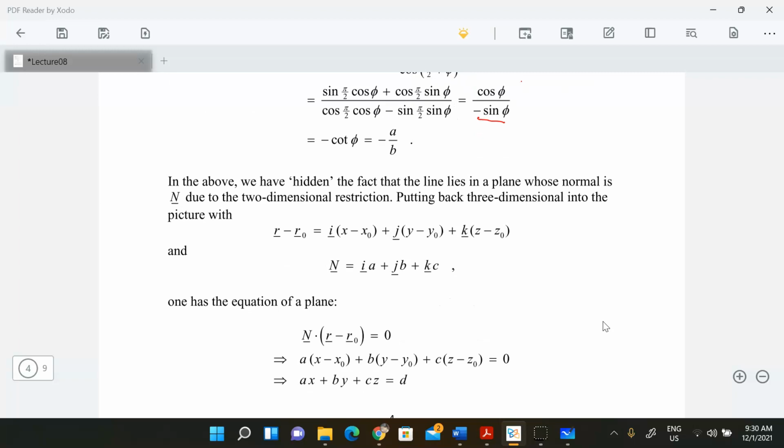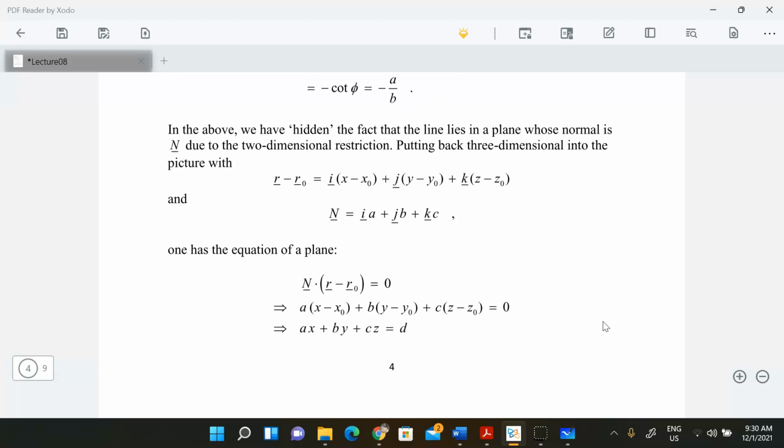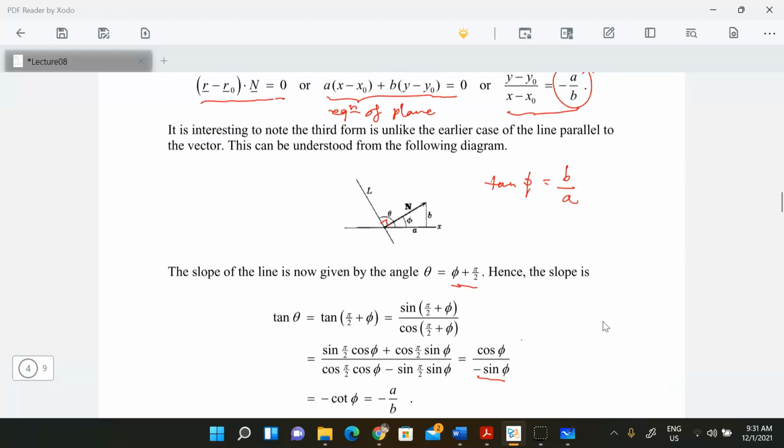Okay, what else? The next thing to do: we have specified our line inside a particular plane, which is z equals z0. One can now put back the equation all together, so that this becomes a vector in 3D, and then you generalize your normal to the plane as a vector with three components. Now, if we look back to the picture earlier,